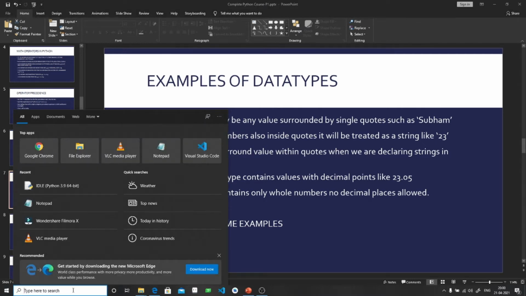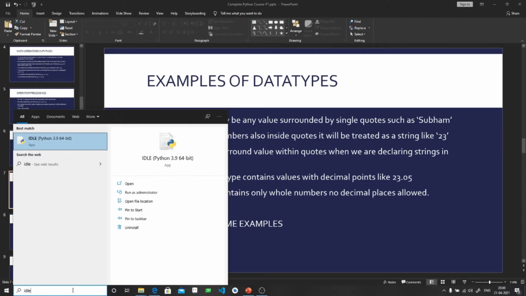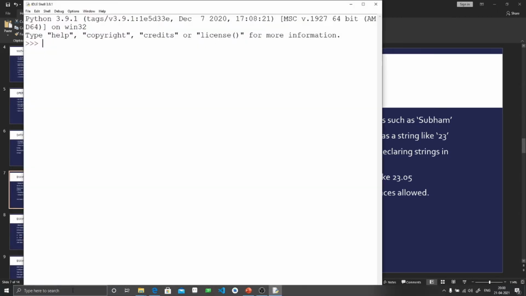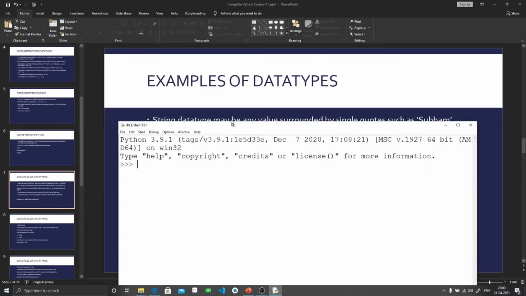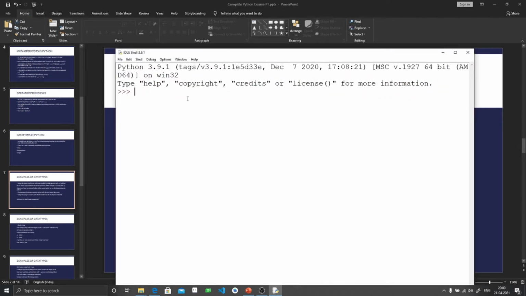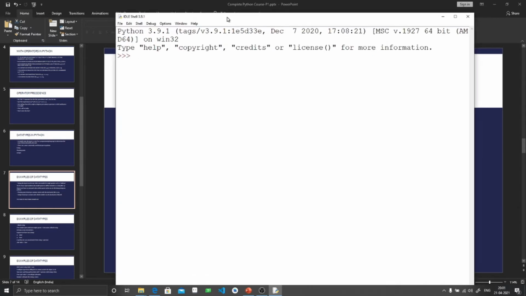As I have told you in the last tutorial, I will open IDLE for entering the Python code. First I am opening this IDLE. You can see that the IDLE shell is opened.